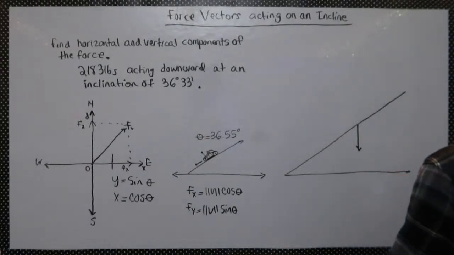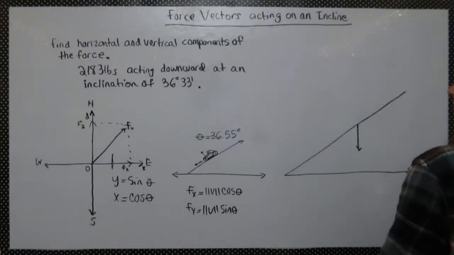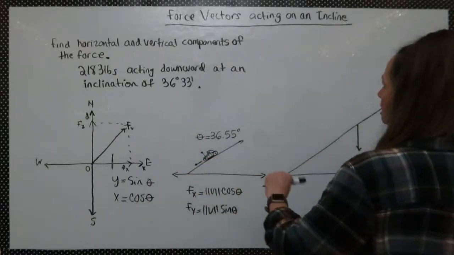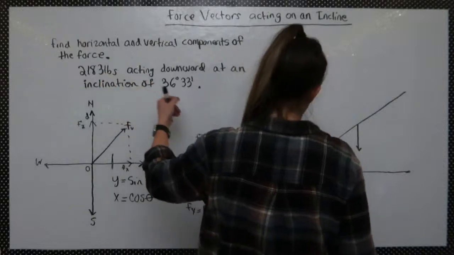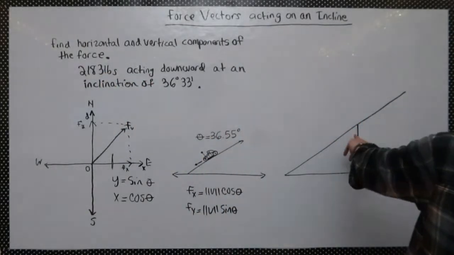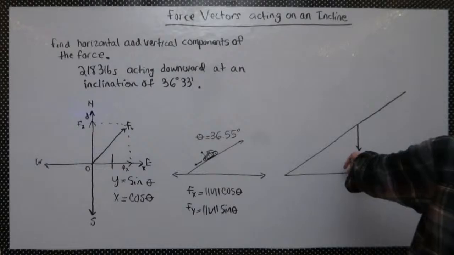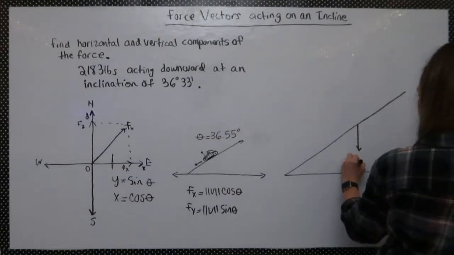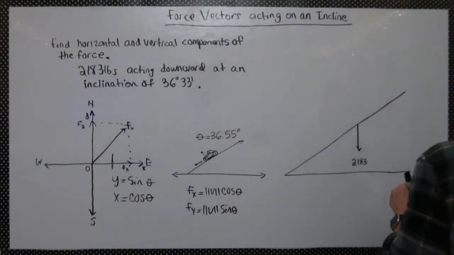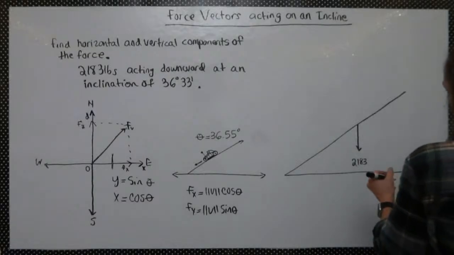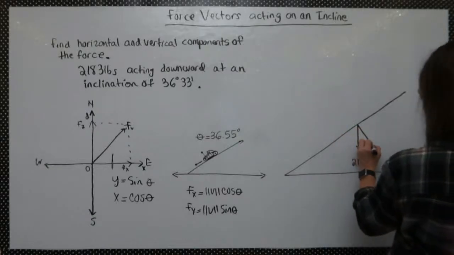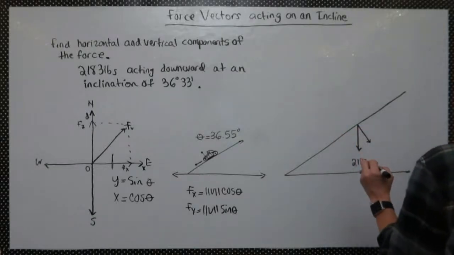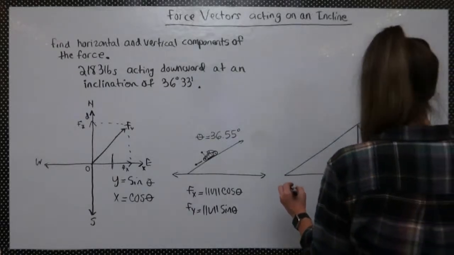And that is the actual weight of the object, its mass times the acceleration of gravity. It's the weight of the object, which is this right here. So this ray represents this 2,183 pounds. But what's happening is that now it has a force that's perpendicular to the line of motion. And this is your vertical component, which will be,